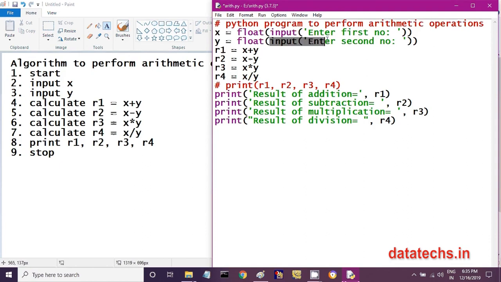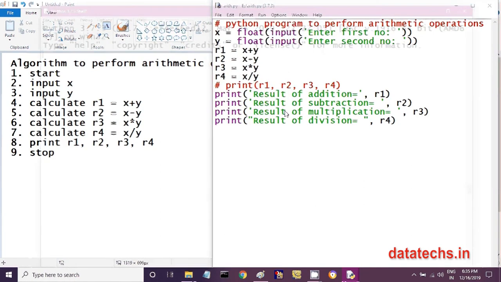Similarly, whatever this input function is receiving from you, that number is in string format. From string format, this float function will convert that number into floating point number. And it returns that into y. Remaining program is same. Now let me save this code, run module.